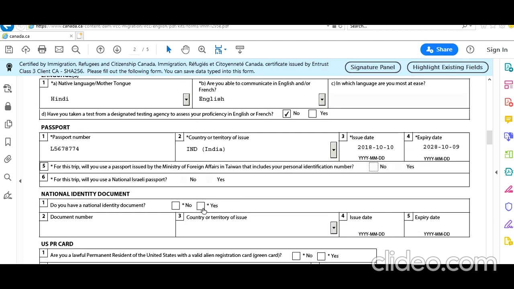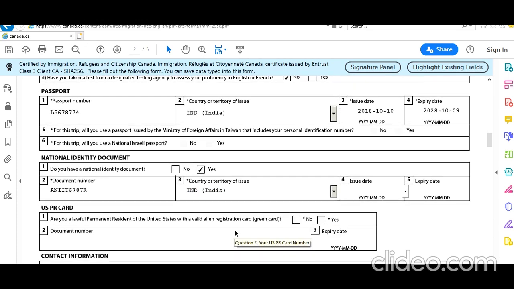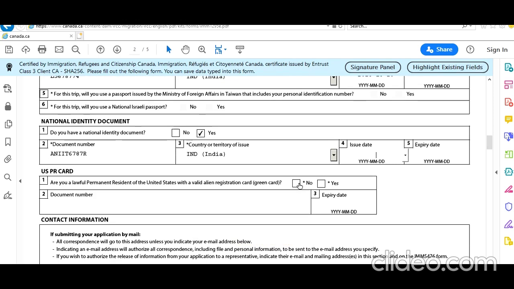When I filled my work permit for the first time, I selected yes and entered my PAN card information. So I'm just writing the same format here. In PAN cards you have an issue date but there is no expiry date, so such things can happen. This also varies from country to country, and I had explained it clearly in my client information letter, so it just went smoothly. Do you hold a green card?